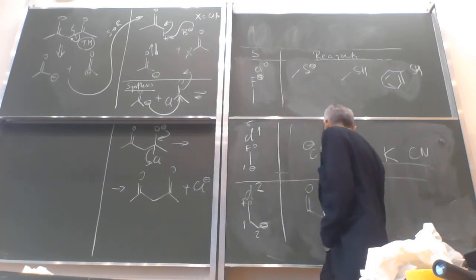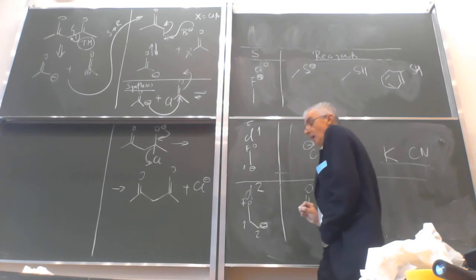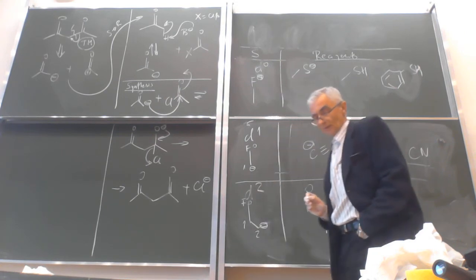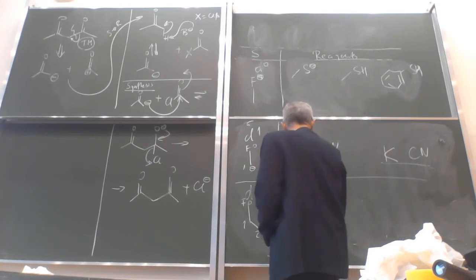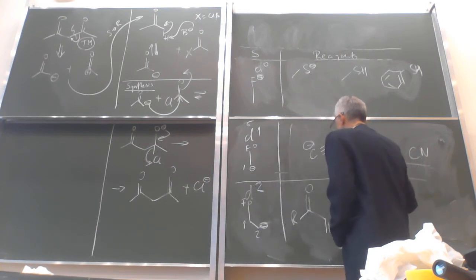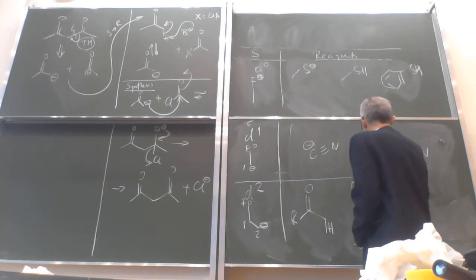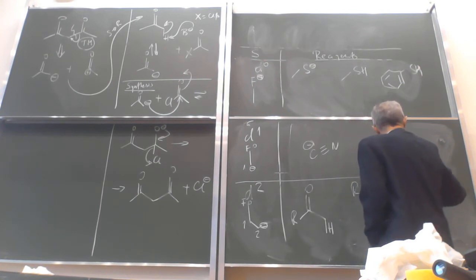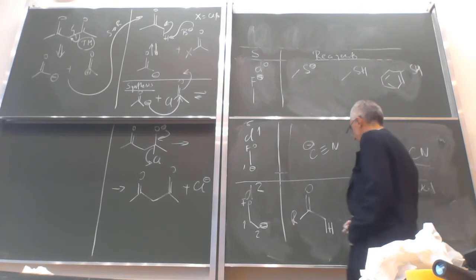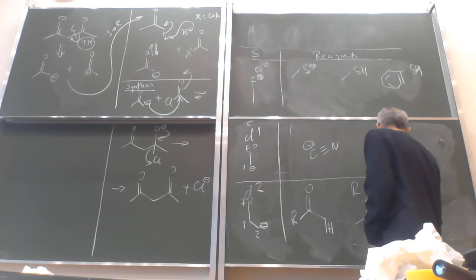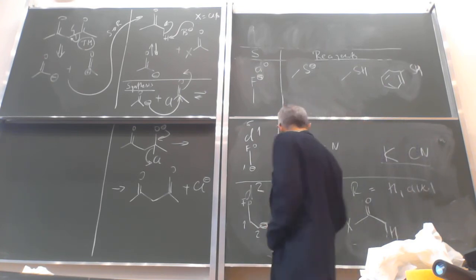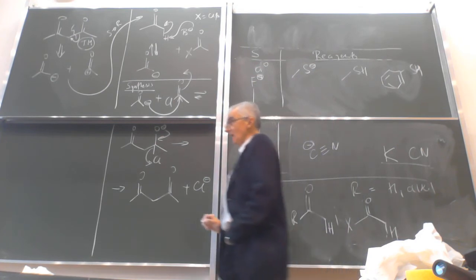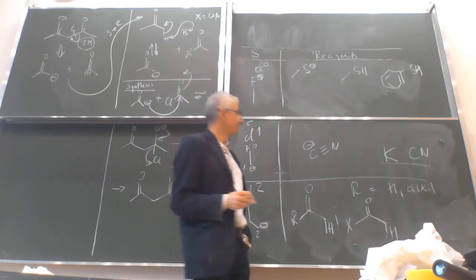So with the, let's say, a hydrogen atom here, so CH acid, and we can have the R group here, which could be hydrogen or alkyl, or we can have something like, once more, with the X here, so for carboxylic acid derivatives and such